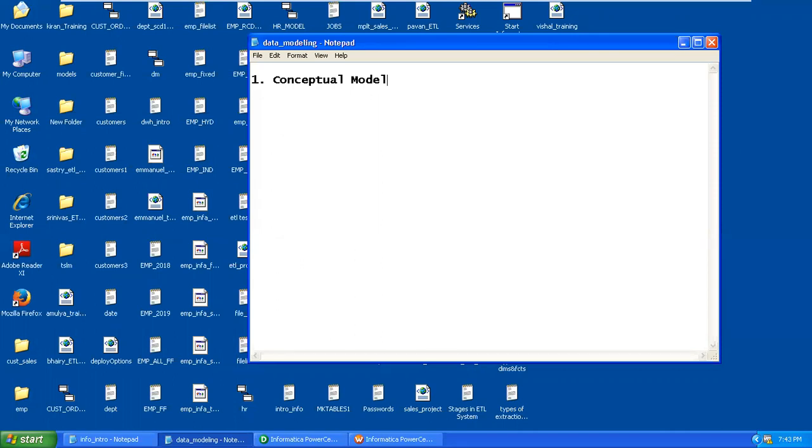If it is a new requirement, then we can go for the logical model. If a business user comes up with a new requirement, we try to understand the new requirement, then design the model and give a presentation to that respective client. Explain the model you designed in graphical format. If the business user is satisfied, then we can continue our work to design the logical model. This logical model has